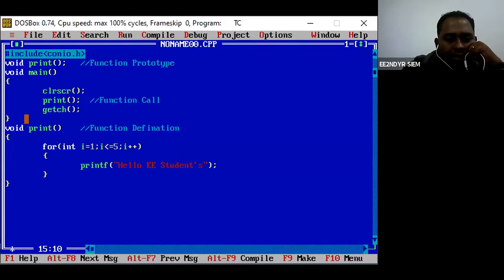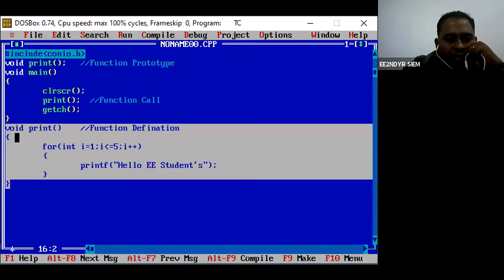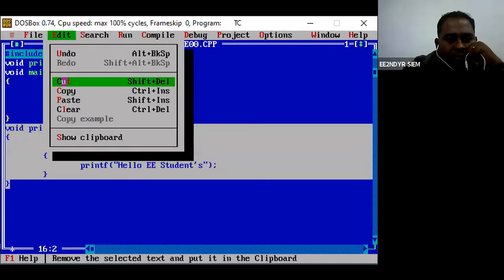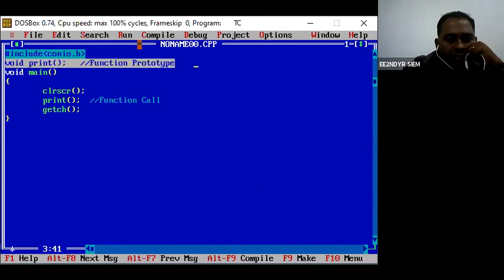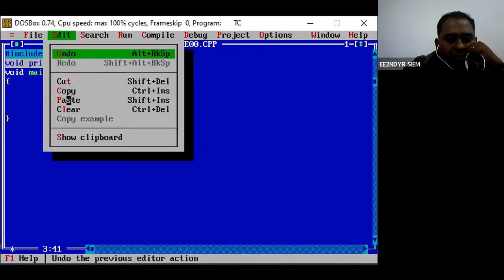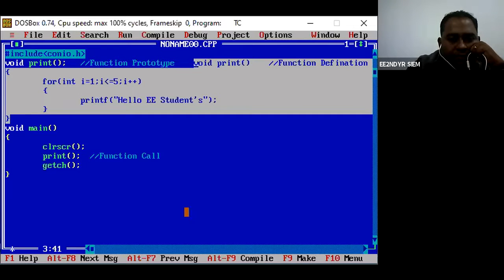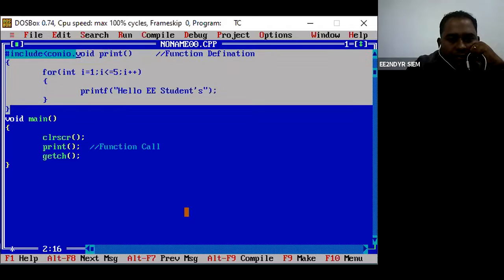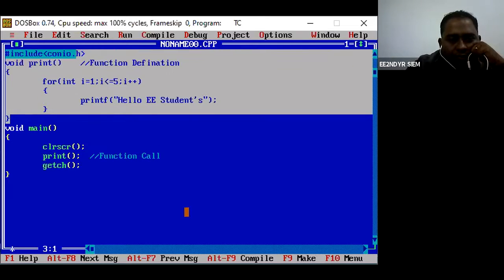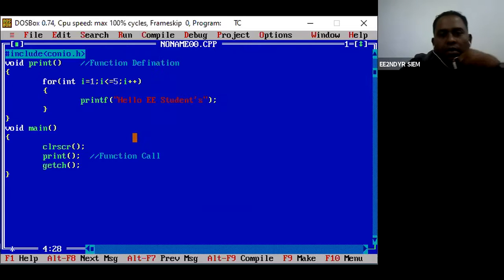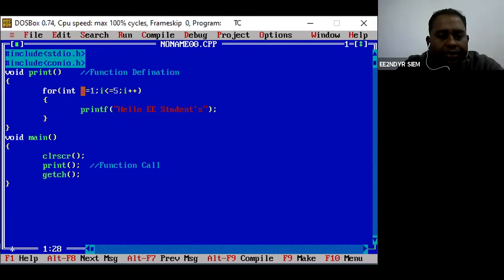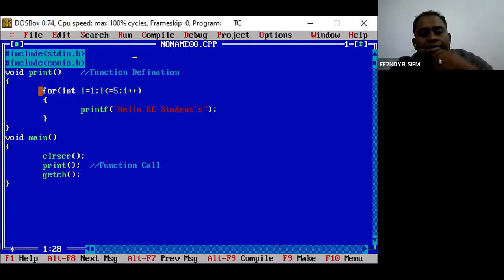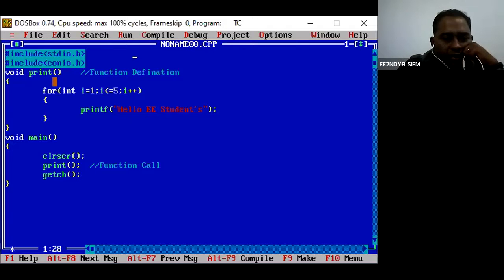Or if I just cut it and paste it out there, there's a function definition, void print, and this function doesn't take any input.